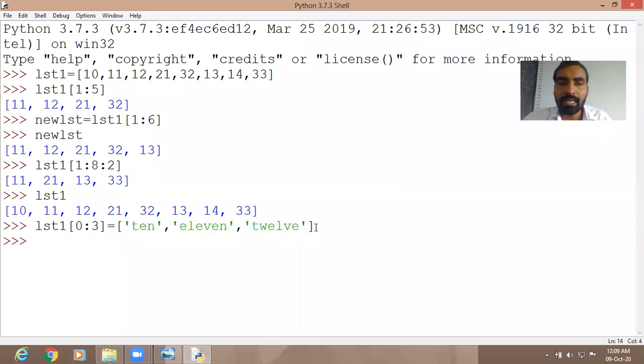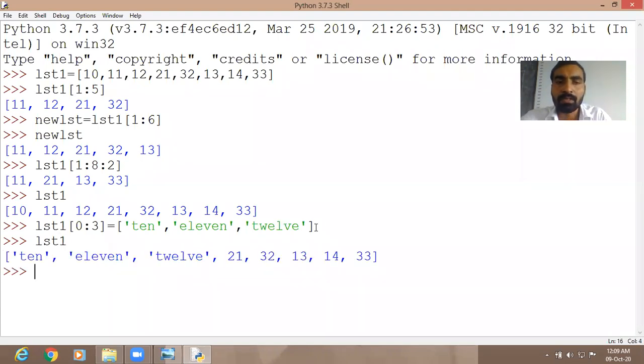Now press the enter key. Check the LST1. See here, the values have been changed. The values have been modified in the list. Now whenever you check the value of LST1, it will show 10, 11, 12 in the form of words and the rest of the values in the form of numbers.